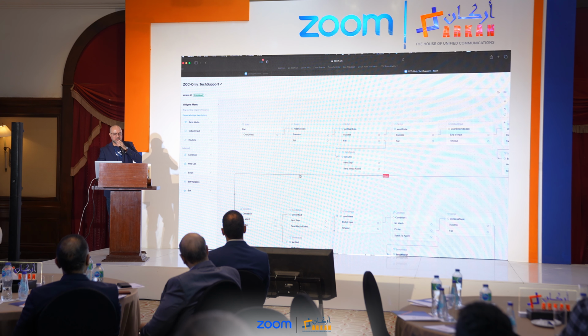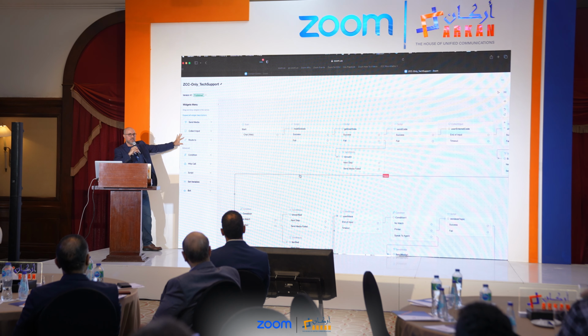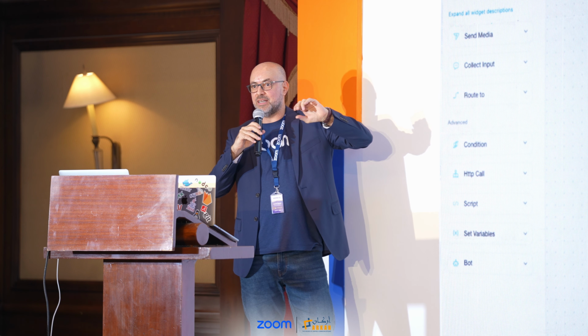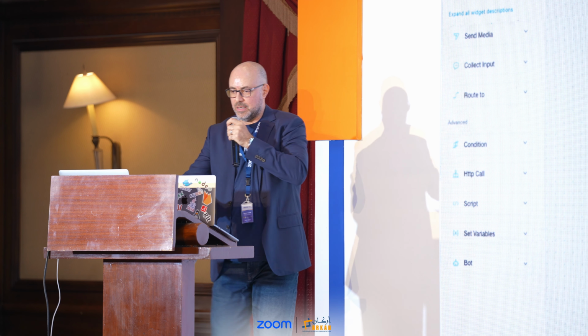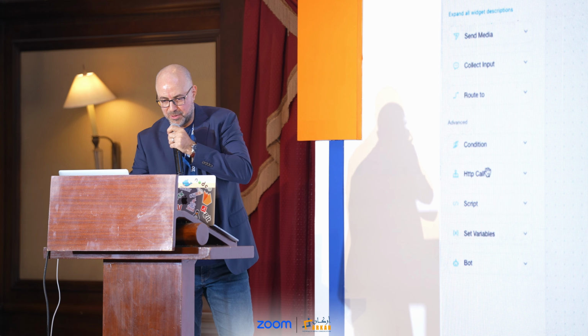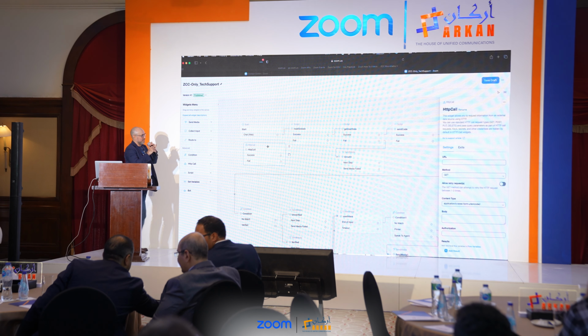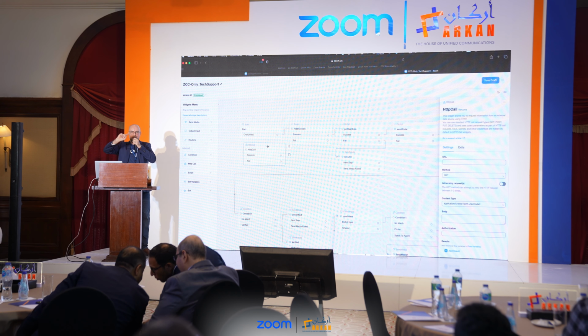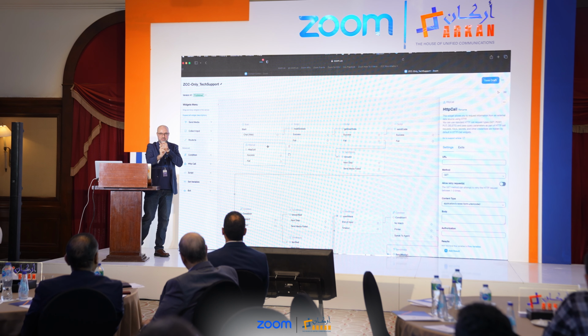A graphical interface, simple graphical interface, widget based. This is our approach to what we call low code, no code. Right? Usually integrations like this need heavy developer engagement. We want to simplify this as much as possible. For example, I can make an HTTP call. Again, developers would know exactly what I'm talking about. But this could be a simple URL call to your database or your CRM. Of course someone needs to give you the endpoint details from a developer,